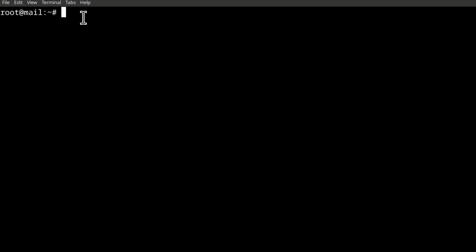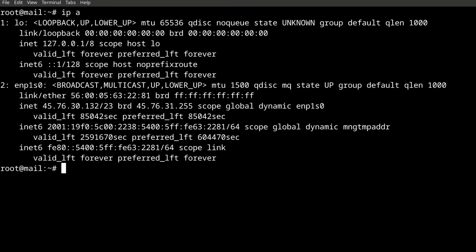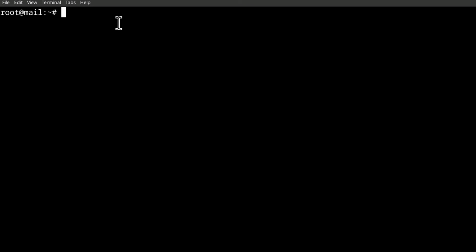Before I reboot the server, I want to edit the host name. So even now, if I look at IPA, it's still going to show me the old IP. So I'll need to reboot, but first of all, I want to edit my hosts file. Now, one of the most important things, especially if you're sending to Google, they will reject your email if the reverse DNS is not set up. And for you to set up the reverse DNS, you have to make sure that your hosts file has the correct host name set up.